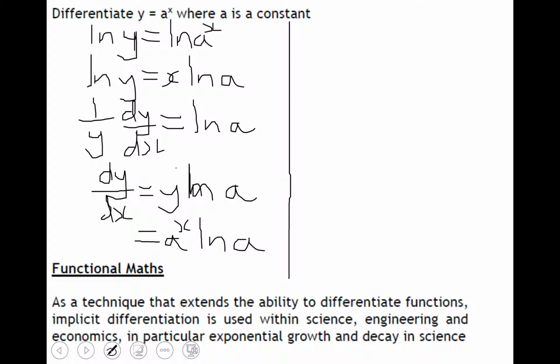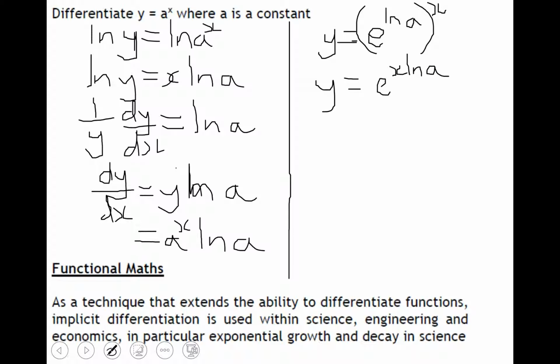The other way of differentiating is to replace a with e to the power of ln a. e to the power of ln being inverses, they cancel down to give just a. Using laws of logarithms, the laws of indices rather, we get y equals e to the x ln a, we multiply the powers,